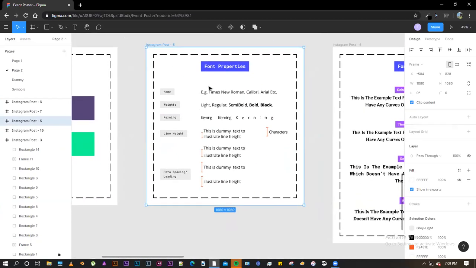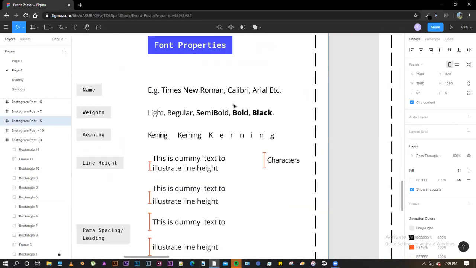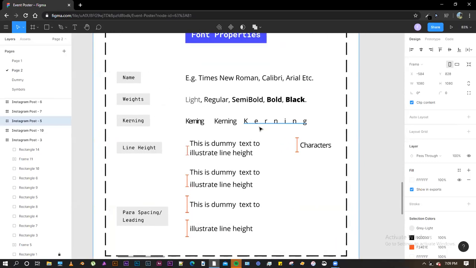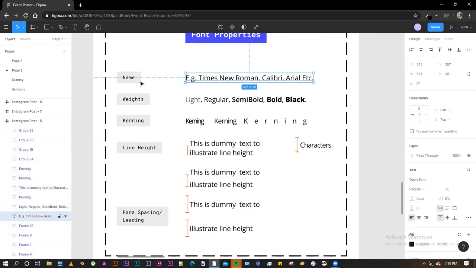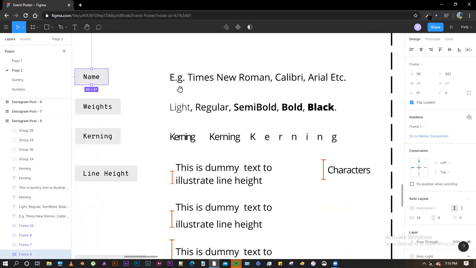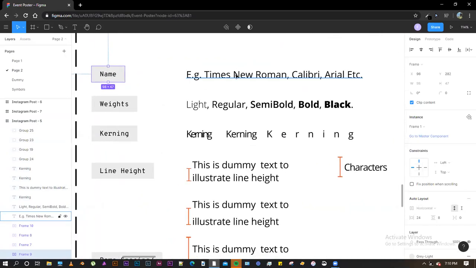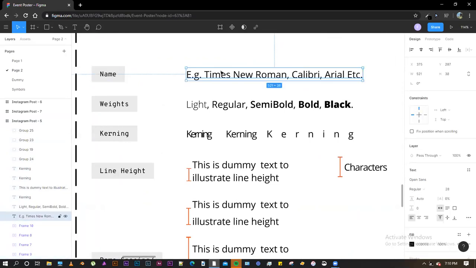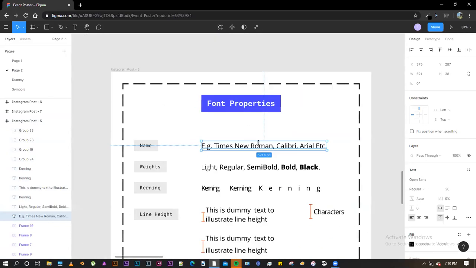So there are a few properties about fonts that you should know about before starting a project. One of the basic properties, and something that everyone would know, is the name of the font. As you might have seen when you're editing a Word document or creating any Word file, you see these names: Times New Roman, Calibri, or Arial. These are some of the very common fonts. So one of the properties of fonts is name.